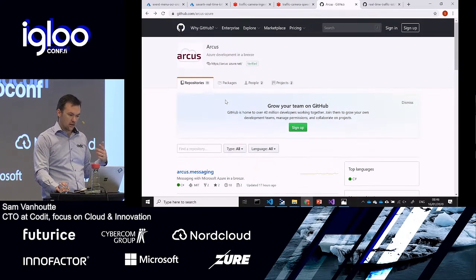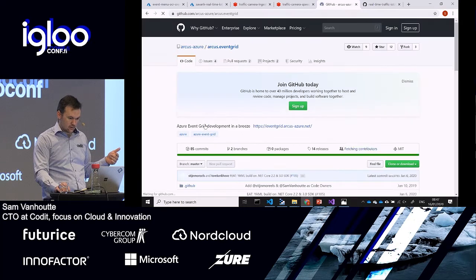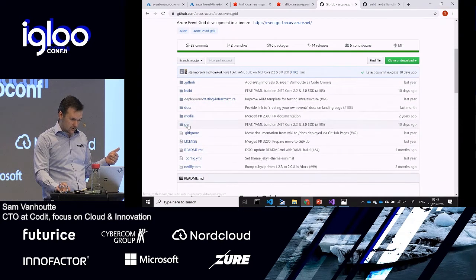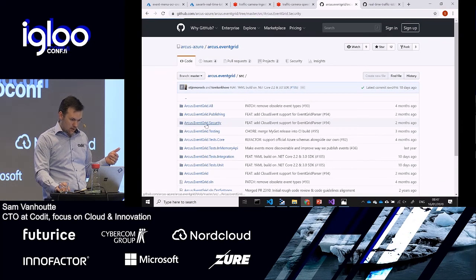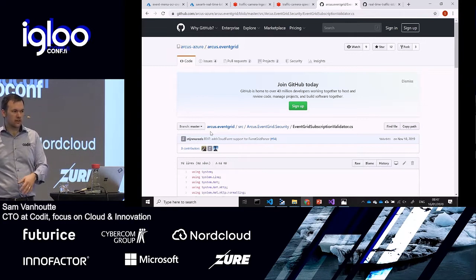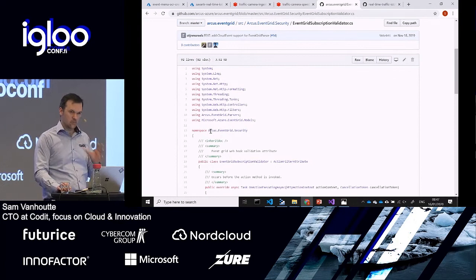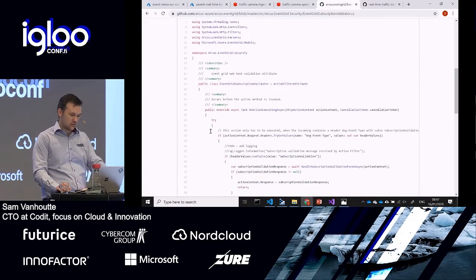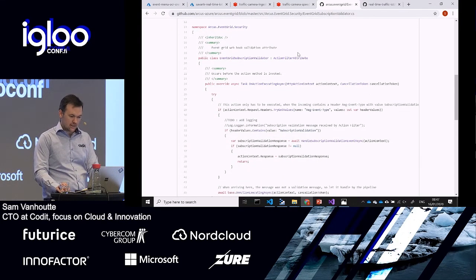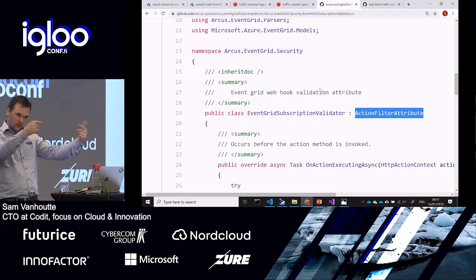So this is the Arcus GitHub that you can just get access to. If you click on Event Grid, then security, I guess, you should be able to see here the Event Grid subscription validator. So we moved everything away from that ugly code that I write, and then we have people that do much more decent code, and that's a result of this. So what they did, they actually created an action filter attribute that they hook into the